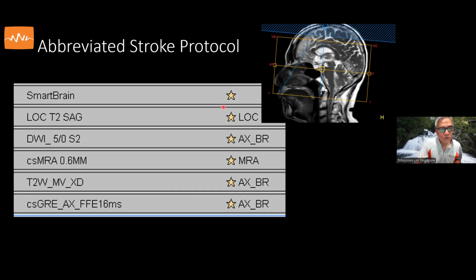So in order to clear as many patients as possible, this is our pulse sequence chart in the Philips scanner that we typically use. We put in diffusion weighted, we put in MR angiogram, a T2 weighted MR image, and a gradient recall echo. Note that our MRA does not cover all the way to the vertex, so we do